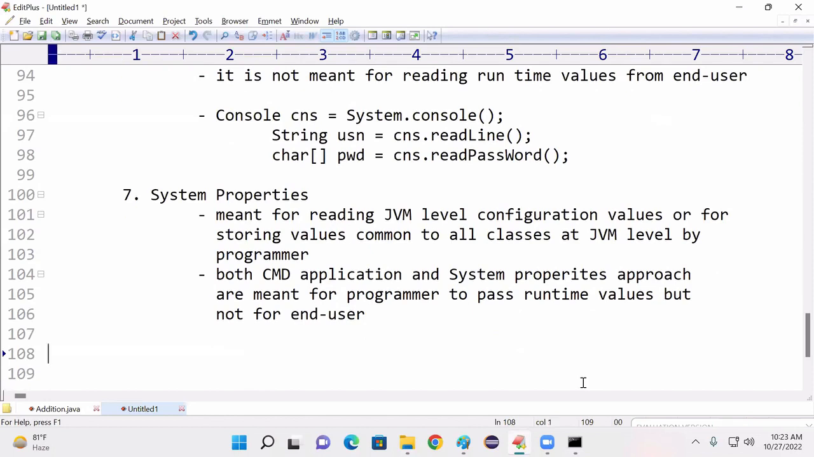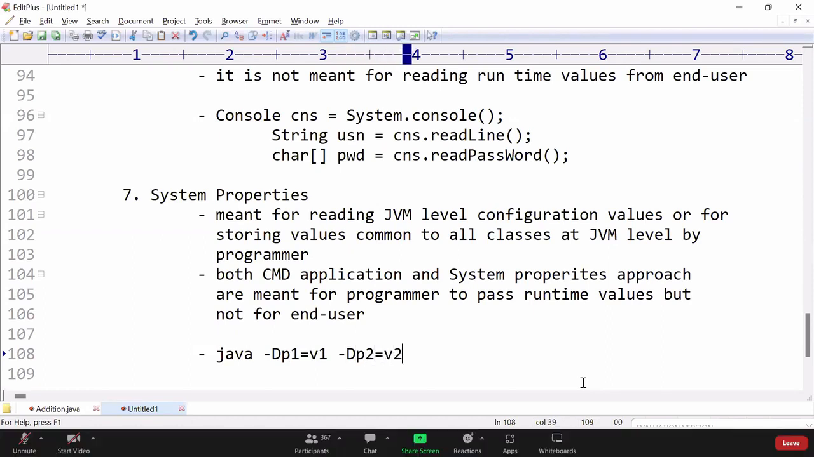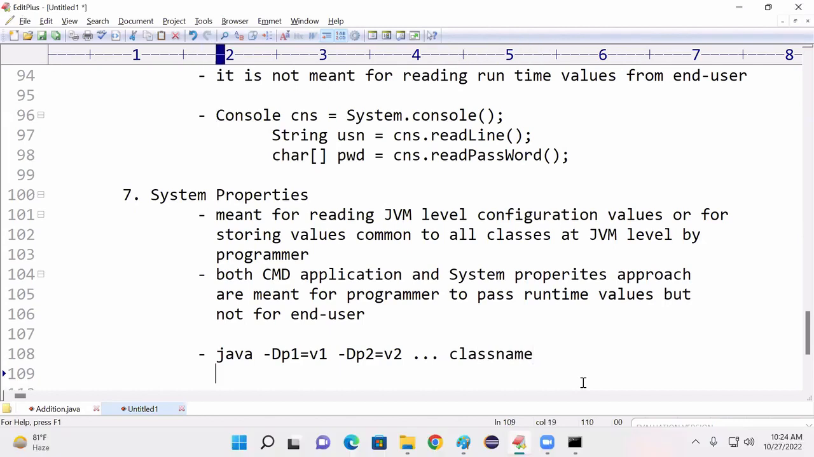Then how to set runtime values? java -Dproperty1=value1 -Dproperty2=value2 ... class. Then how to read values inside the program? String property1 equal to